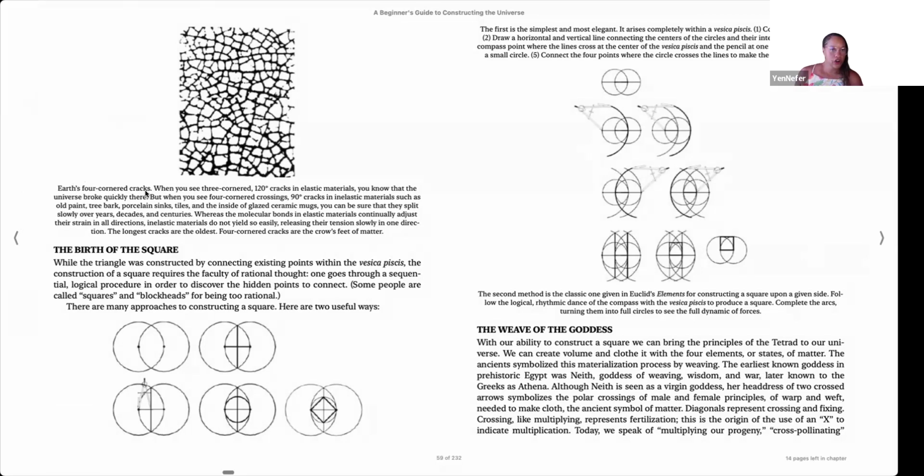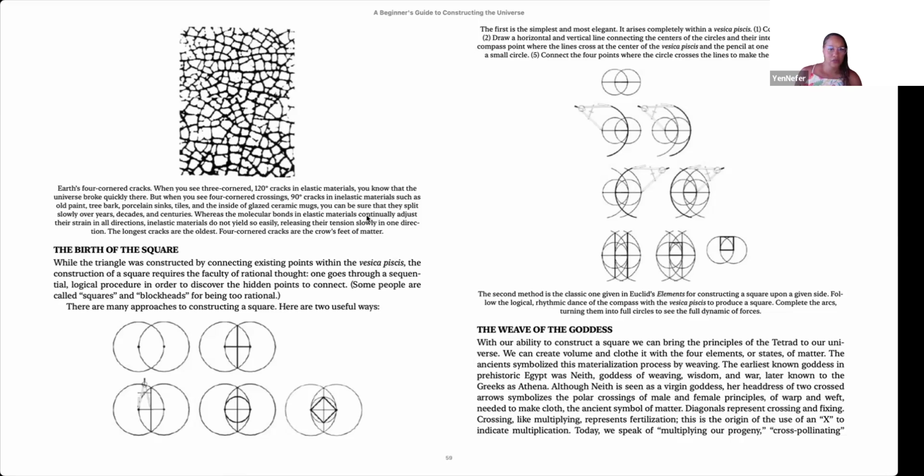Earth's four-cornered cracks. When you see three-cornered 120-degree cracks in elastic materials, you know that the universe broke quickly there. But when you see four-cornered crossings, 90-degree cracks in inelastic materials such as old paint, tree bark, porcelain sinks, tiles, and the inside of glazed ceramic mugs,